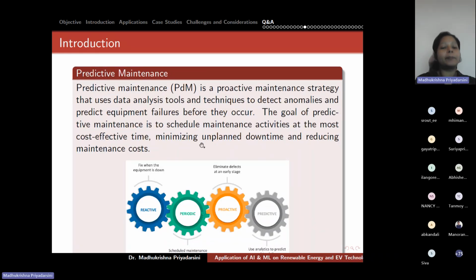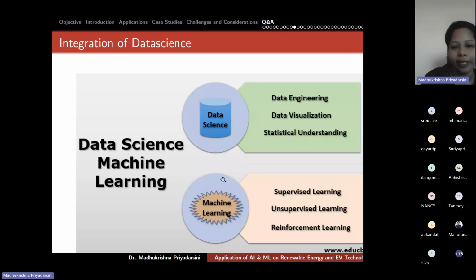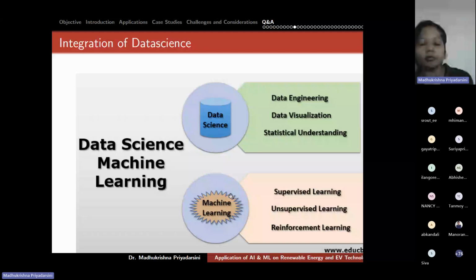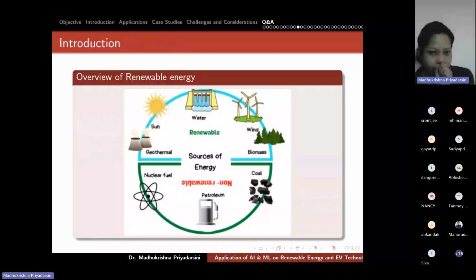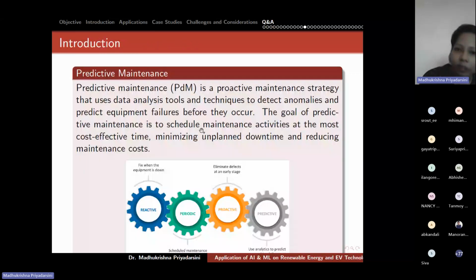Another term is coming: predictive maintenance. So what is predictive maintenance? It is a maintenance strategy of our data analysis tool. In the previous slide we have seen how data science and machine learning are different. Data science is the broader field, and we are implementing machine learning to find out the data science features. So in case of predictive maintenance, basically we're using all the tools and techniques present to proactively maintain the